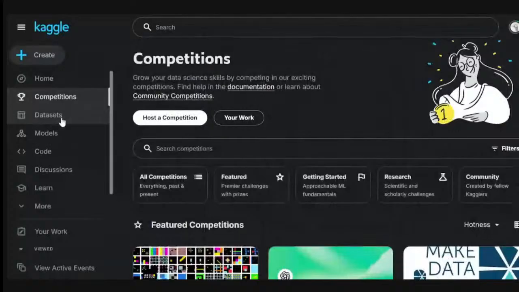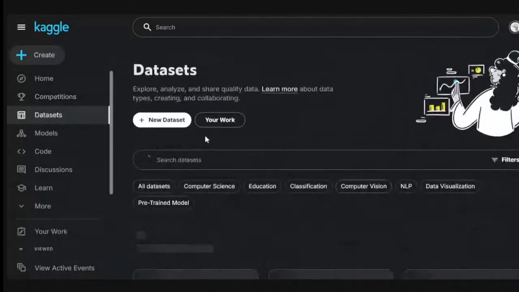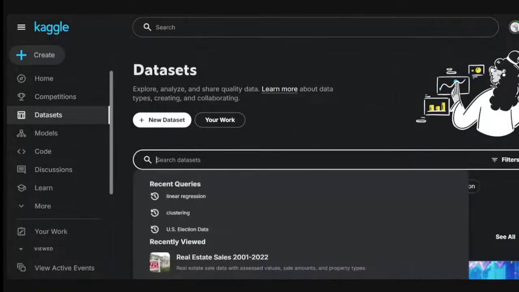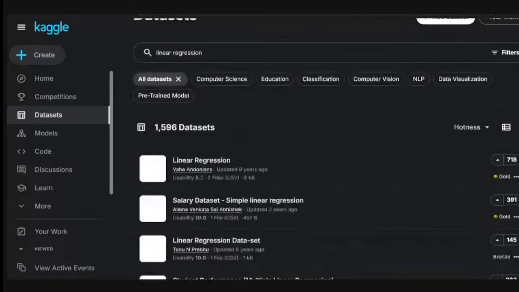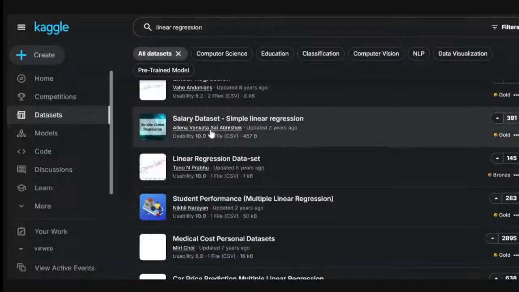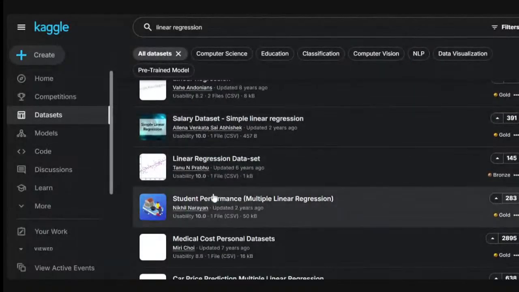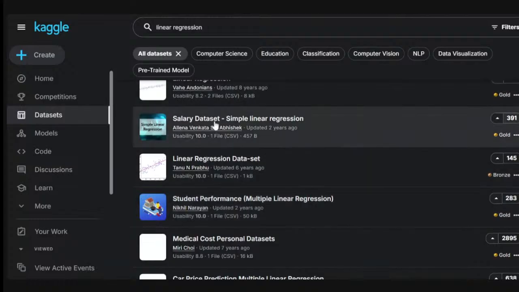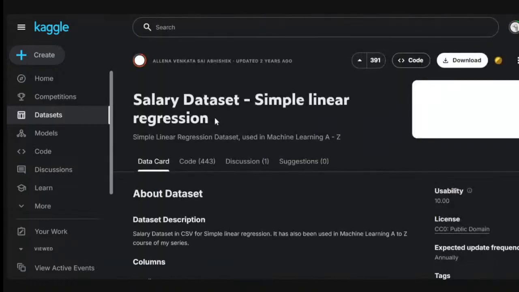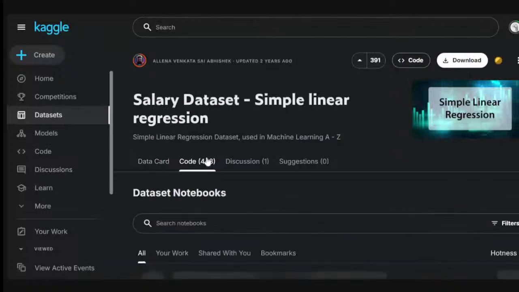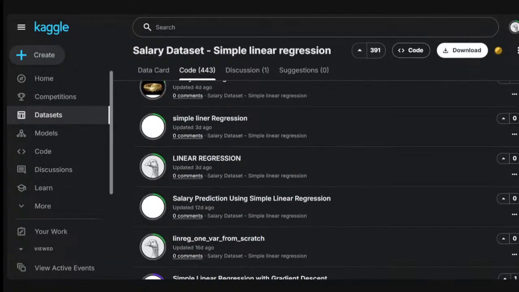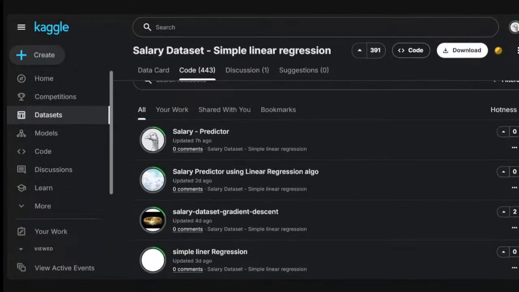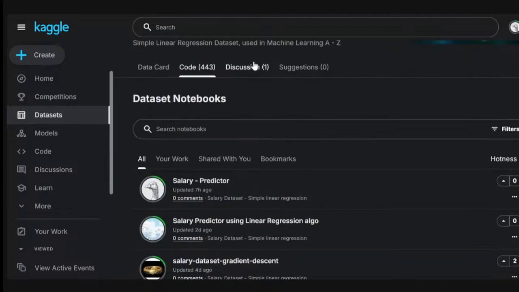But what is most interesting to us right now is going to be this data set space, in which you can search for your data set. For example, if I search linear regression, you can find data sets for linear regression, right? So you have a salary data set, a student performance data set. For you to basically learn, if I click this data set, some people would have used these data sets and put the way they implemented their own workbook there. You can skim through it, maybe you're doing your own and want to see how other people did theirs. You can also start a discussion, ask your questions, and also make suggestions,